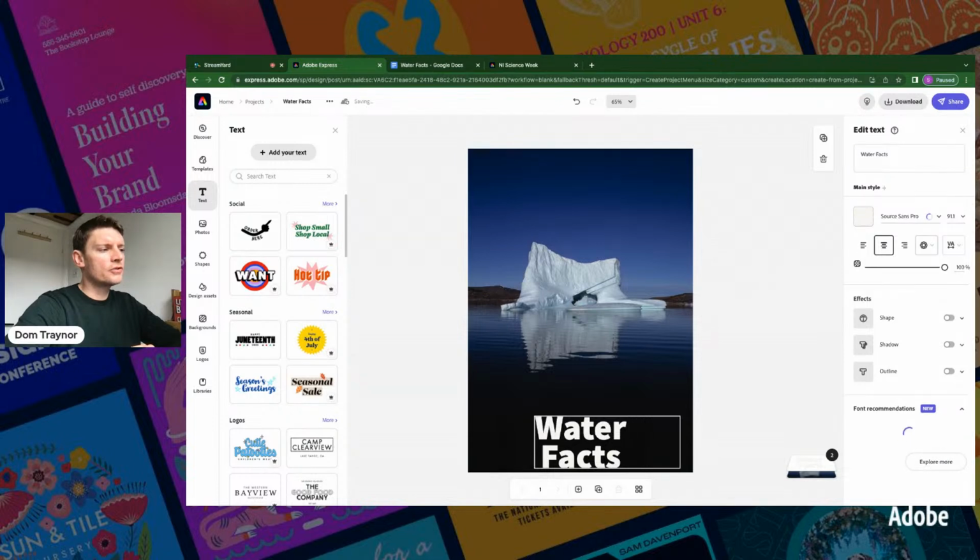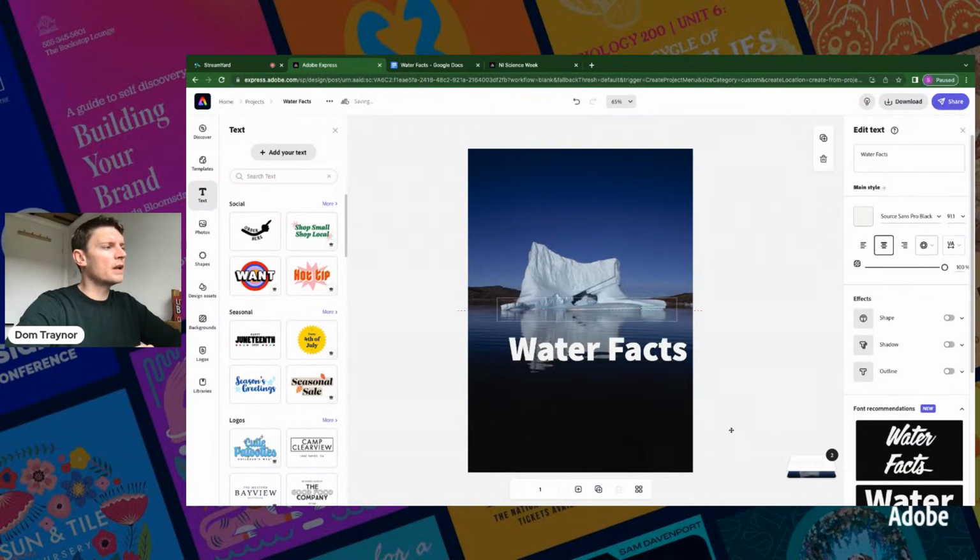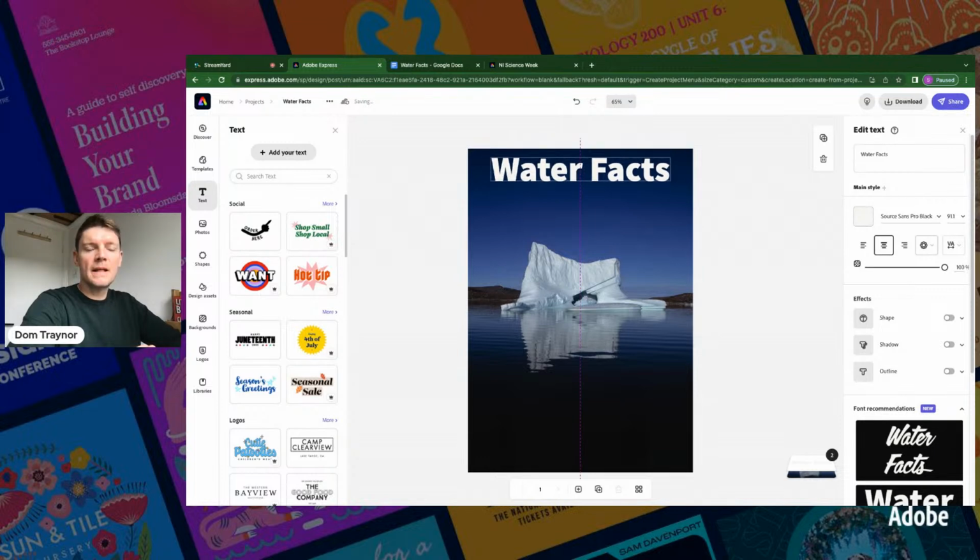Now I'm going to stretch the box out. Did you see that little line with the way it turns to the arrows there? I'm going to stretch it out, and then Waterfax goes onto one line. Now I can drag that around wherever I like. I'm going to put mine at the top. You see that pink line? The pink dotted line? That means it's completely centered on the page. Really useful. So I'm going to drag that down there,